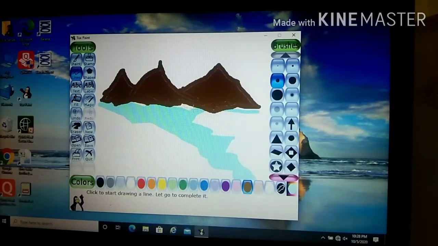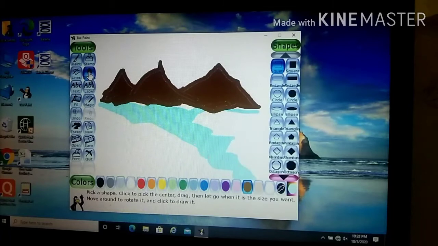Now the next is shapes. In the shapes tools, you can see a square, a rectangle, a circle, an ellipse. A number of options are available, but you can see the difference here. In the square option, there are two squares. One is the outline square and the second one is the filled square. Similarly, all the options are available for the different shapes here.